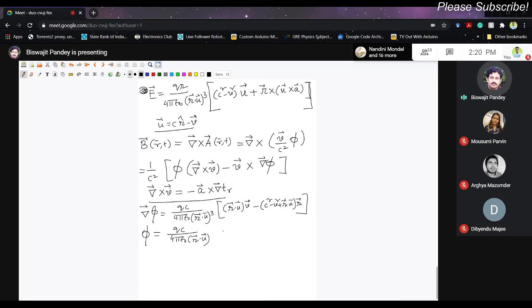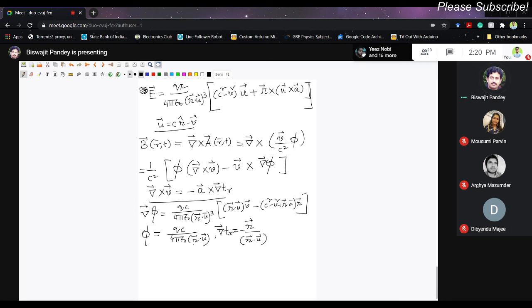Let's write down everything we need. We need grad of TR because curl of V contains grad of TR. So this was also calculated. No new things have to be calculated. Minus curly R by R dot U is known, fine. What else is left to know? Nothing is left. Now we will just substitute these into our expression, right?